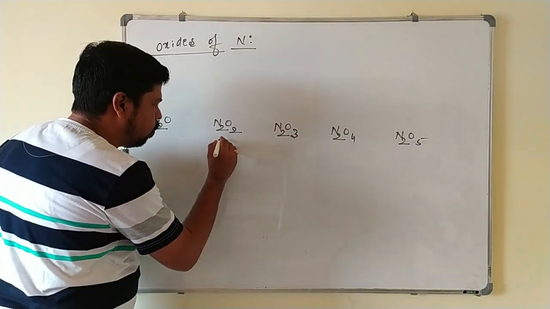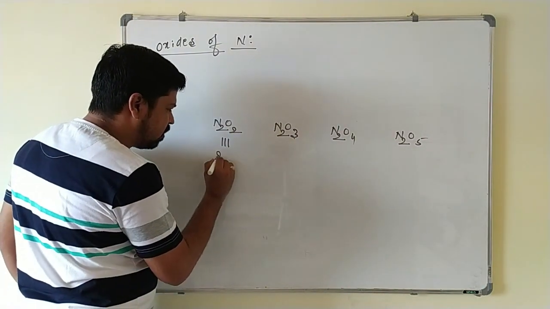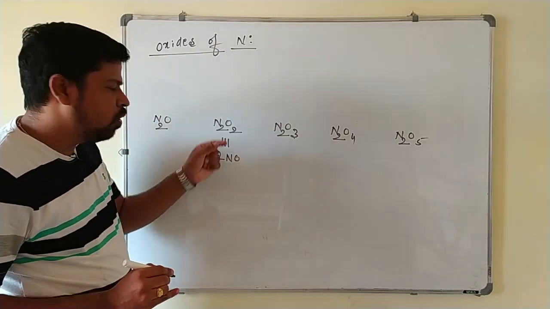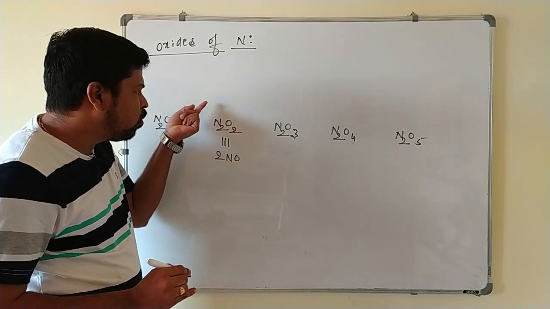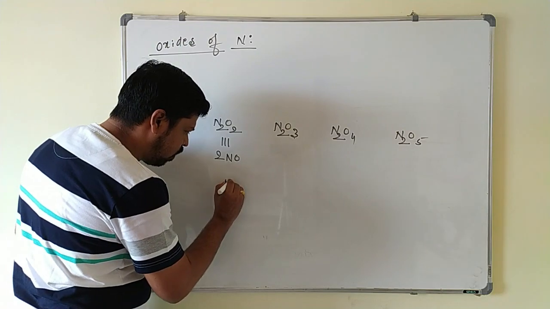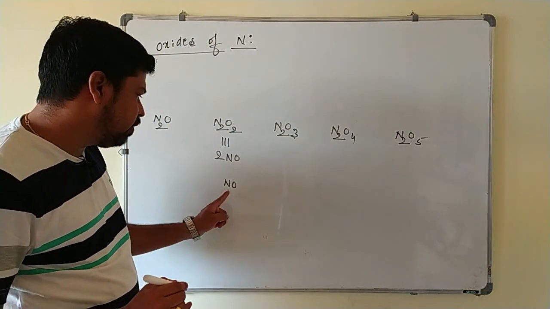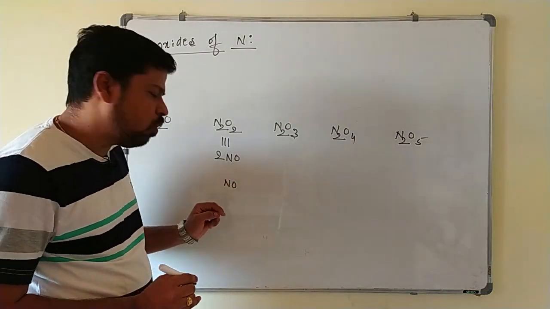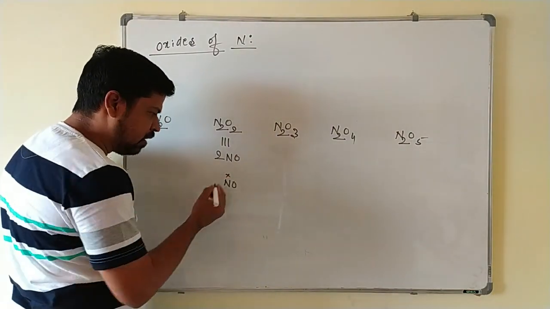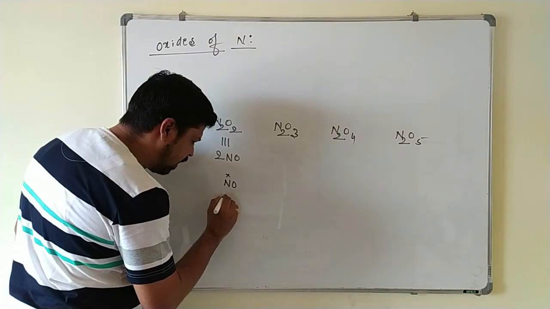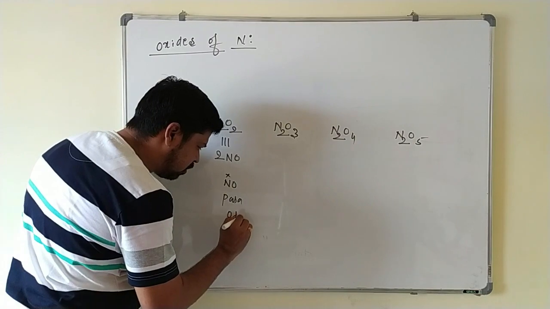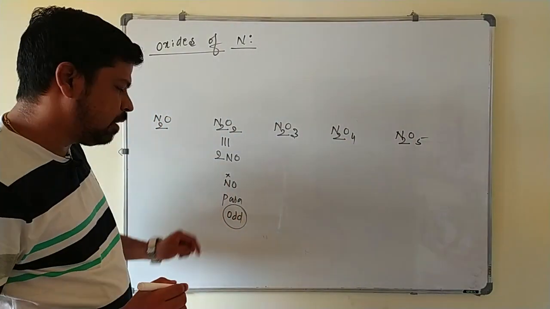Here N2O2 can be equivalently written as 2 times NO. This N2O2 is a dimeric form of NO. So 2 NO combine together to form N2O2. And this NO, we already know, is an odd electron molecule, so the octet is not satisfied over the nitrogen atom, hence it is unstable, and it has an unpaired electron. Due to the presence of the unpaired electron, it is paramagnetic in nature.